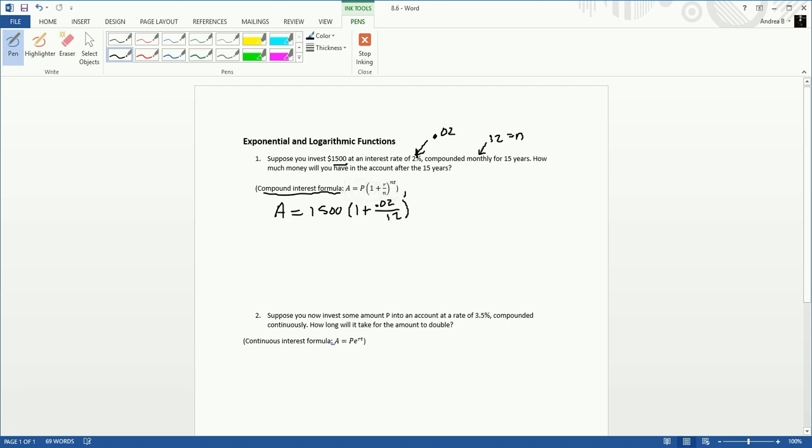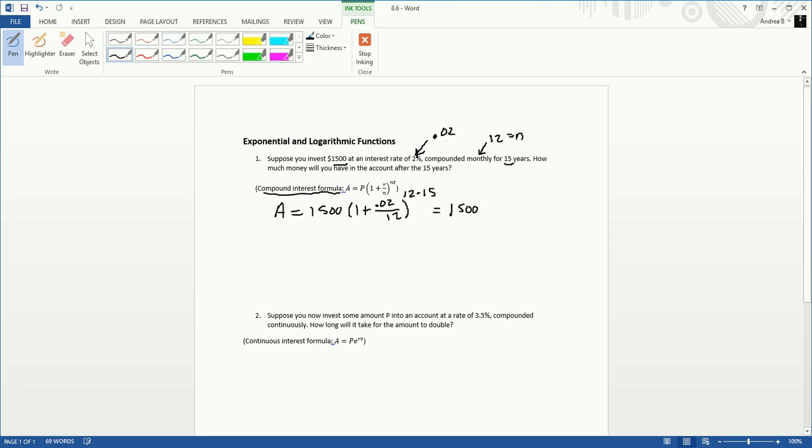So here we'd have the 12 times, and then t is our time, which is the 15 years. And time always has to be in years. So if it's in months or days or something else, you will need to convert that to years before solving the problem. So here, to help avoid any mistakes in your calculator, it might be helpful to calculate that exponent